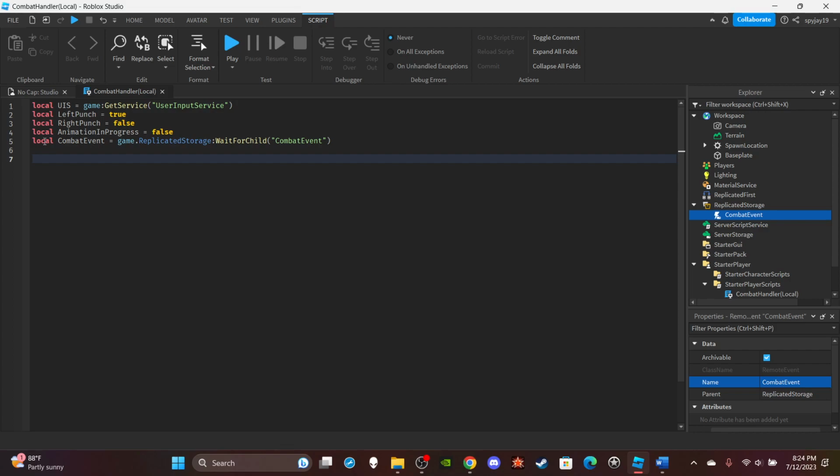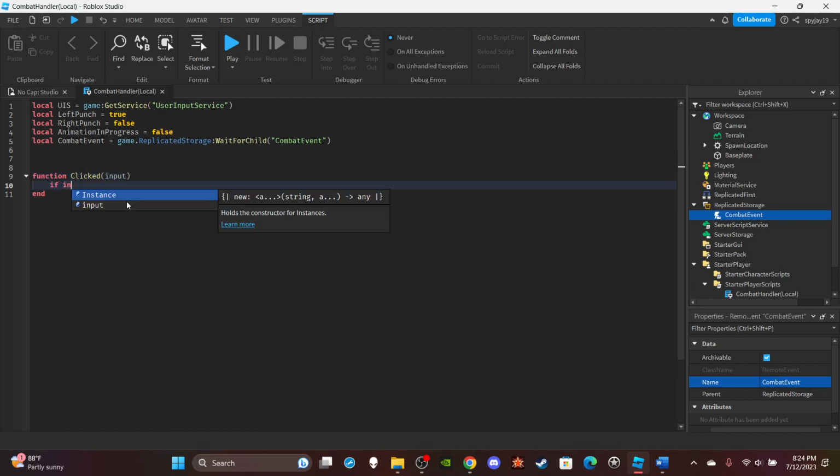So I guess the first thing we should do is set up the function that detects the input. So let's skip about three lines, right? And then I'm going to make a function to detect user input, right? So first, function clicked, right? Then parentheses, and in parentheses we're going to put input,